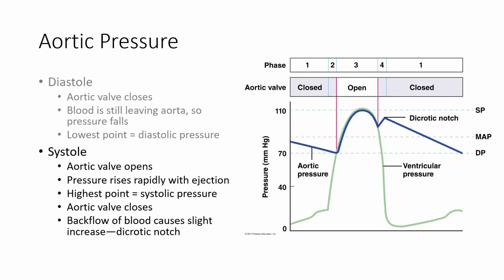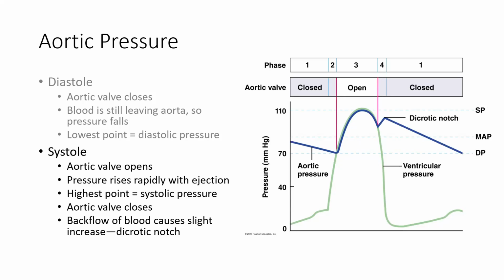Systole is when the aortic valve opens. Now, remember, systole is that ejection phase, so the aortic valve is now open. Pressure is rapidly rising, right, initially, and then dropping as that blood actually leaves. And so we can see that here, right? This curve is representing that systolic phase. And so the highest point that we can read during that systolic emptying phase is called the systolic pressure. And so that is going to tell us about the highest recorded pressures in our artery